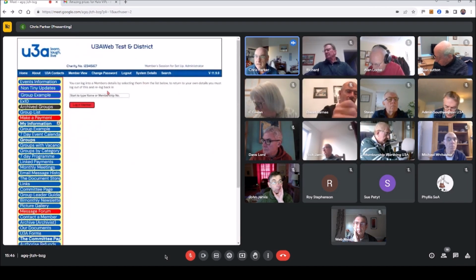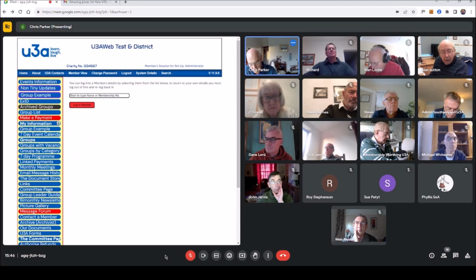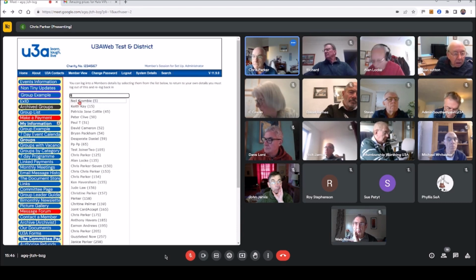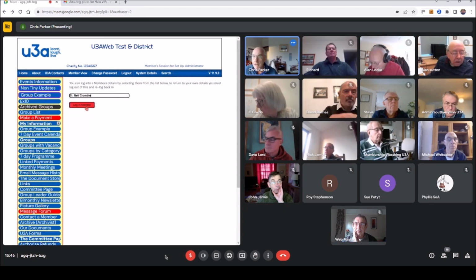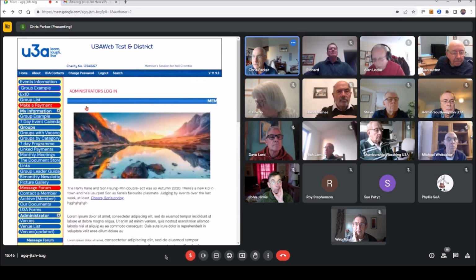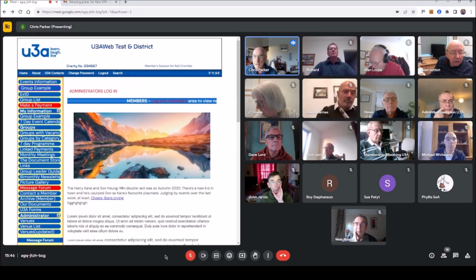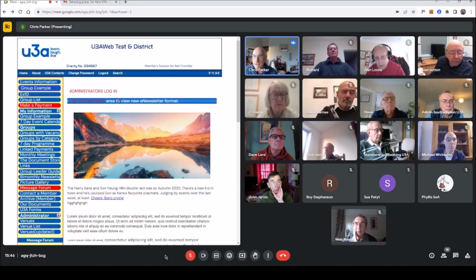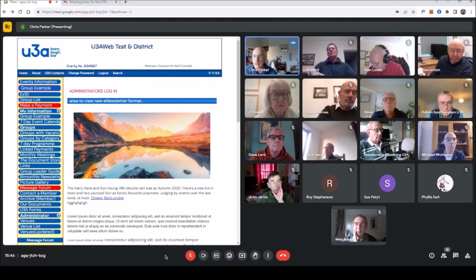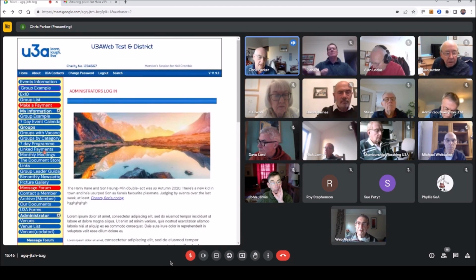If you do that, you can select somebody and log in as them. So you are now them. The only difference is that you'll see this red line, administrators login, on every page that you go to, but you can then do everything they can do.